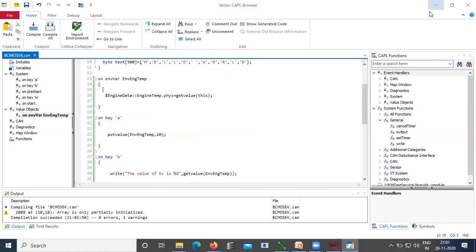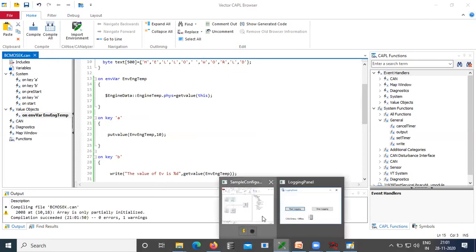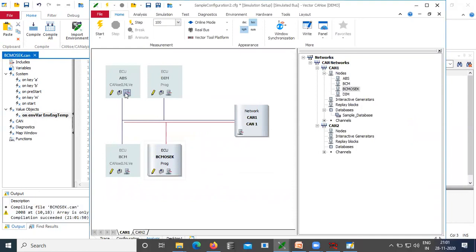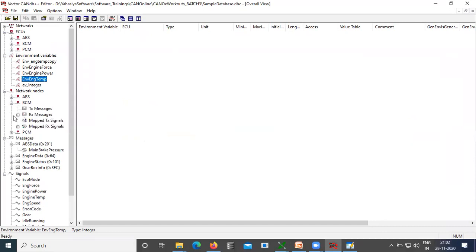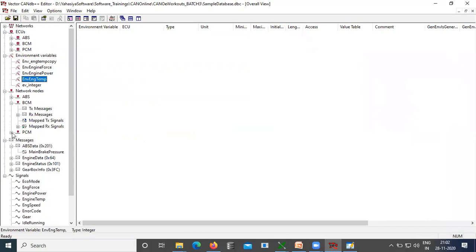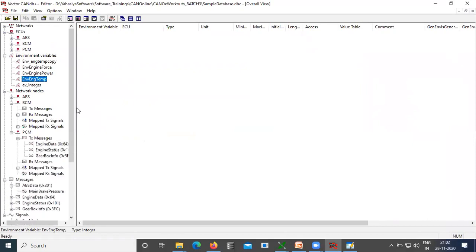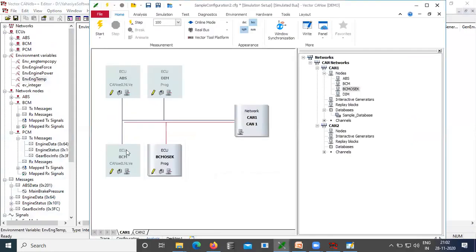Okay, in order to do this, I need to get ABS. Engine data is an ABS message, I believe, if I am not wrong. It is under engine data, from VCM, PCM. In your case, batch 3, it is from PCM. So I should enable the PCM node.